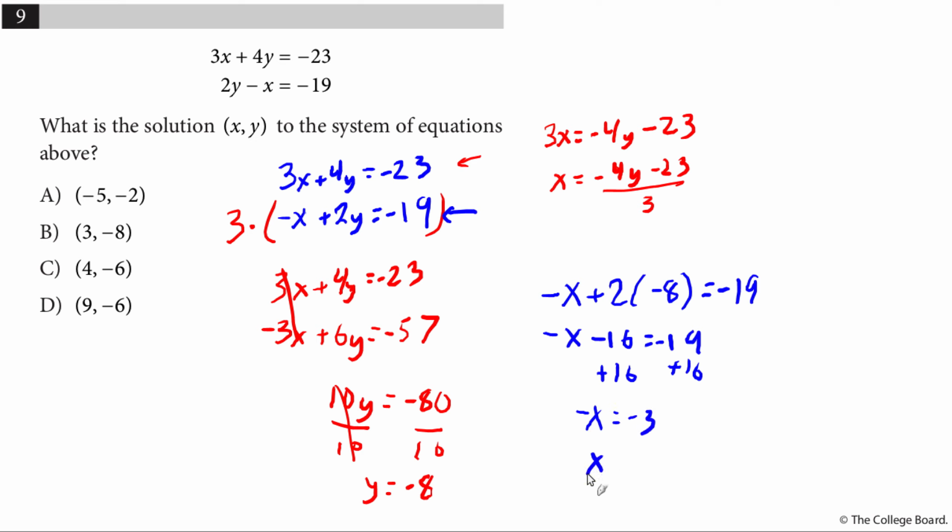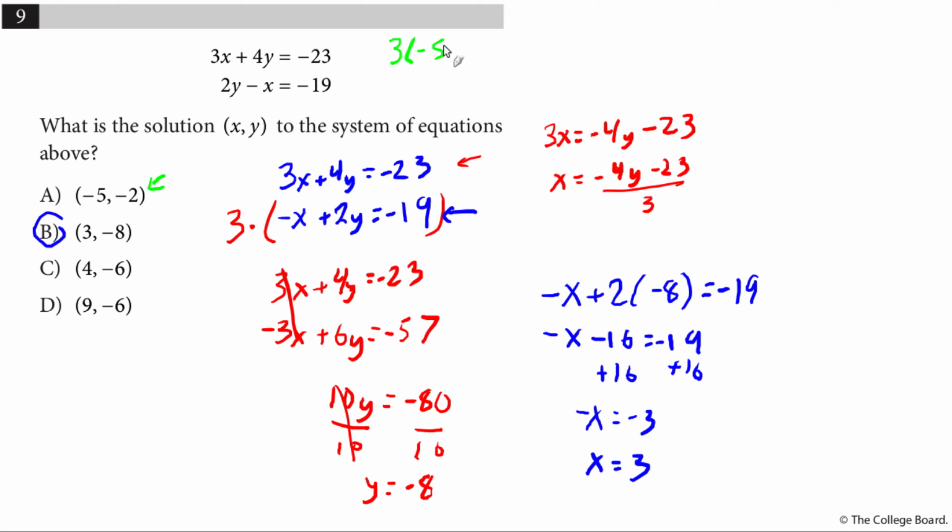Divide both sides by negative 1. X equals 3. And so I have the coordinate pair 3, negative 8. Now, I'm not going to go through the whole process, but if you have time, you could actually just check all of these and say, all right, let me see if this is a solution by trying